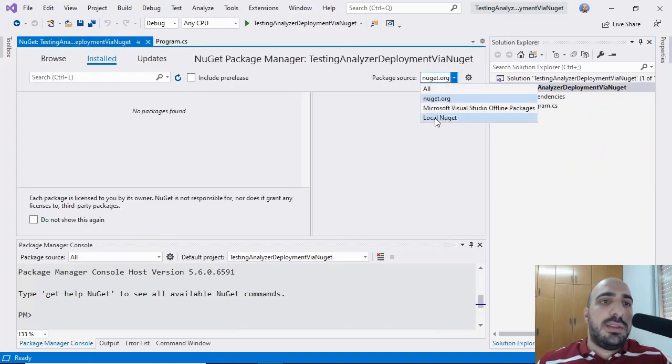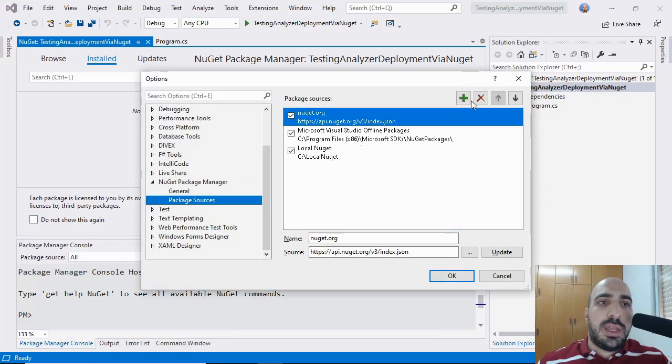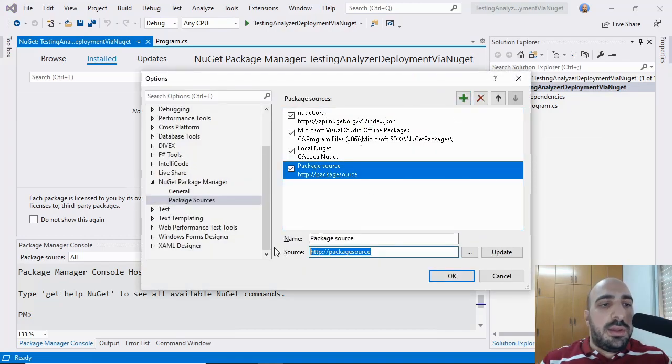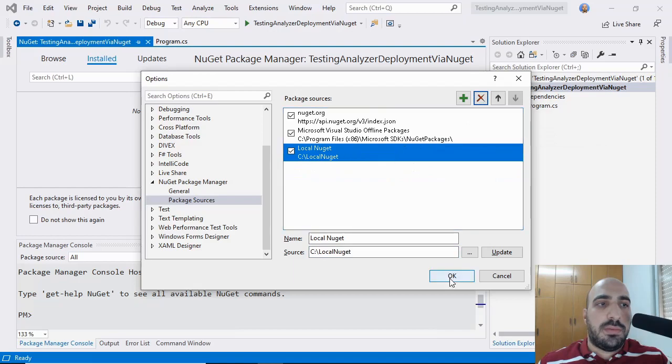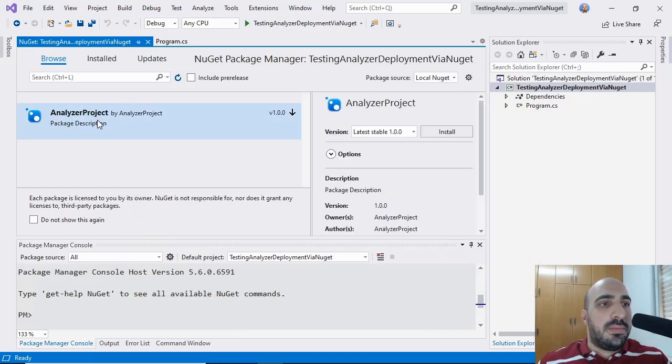So here I have added a new package source called local NuGet, and this allows me to test NuGet packages without publishing them on the internet. You can do that here using the settings. Here you can add a new source, and here use a local folder. Okay, let me install the NuGet package.